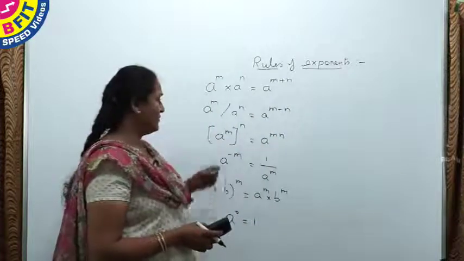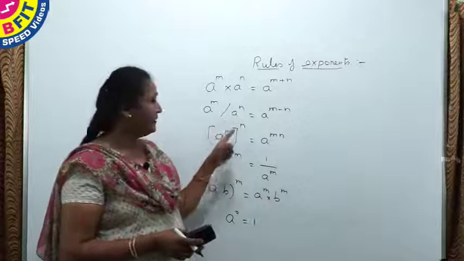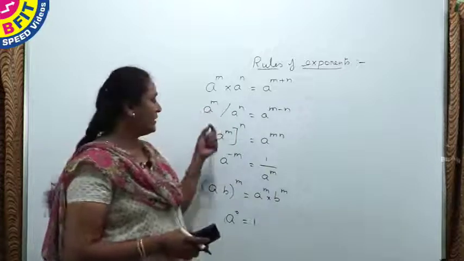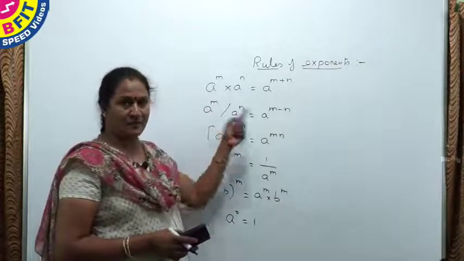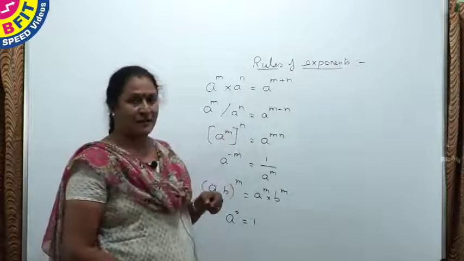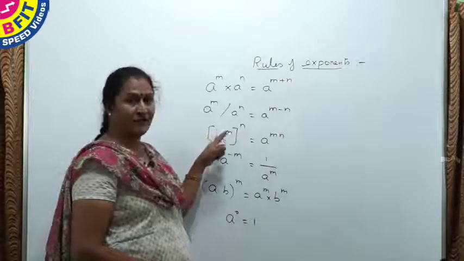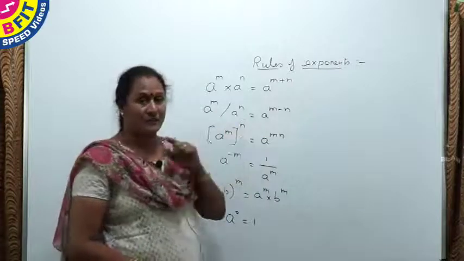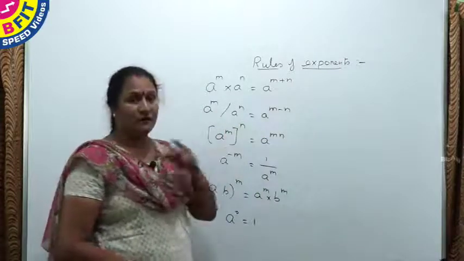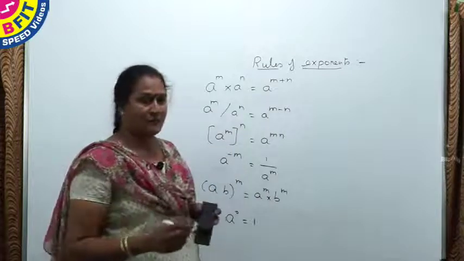Now suppose you have the same base in a quotient with different powers. Here a power m divided by a power n can be written as a power m minus n. So when you are dividing with the same base, you have to subtract the powers. So don't divide the powers. Say for example,